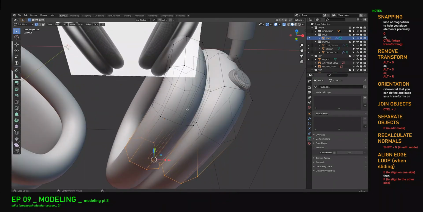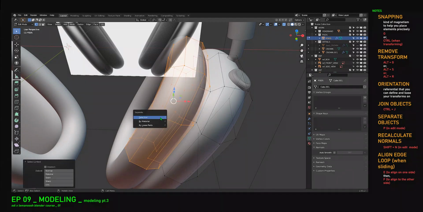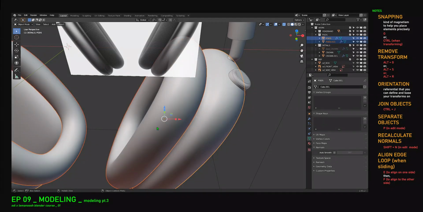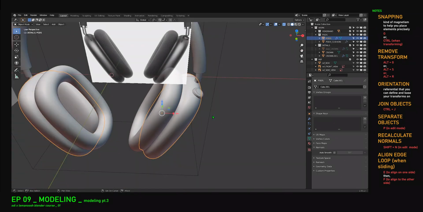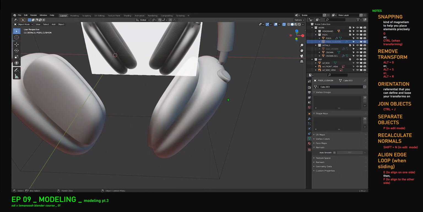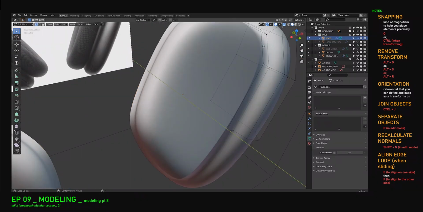So let's just, first thing, remove the cushion with P selection, and let's call it pods cushion. And let's hide it, and let's close this. So